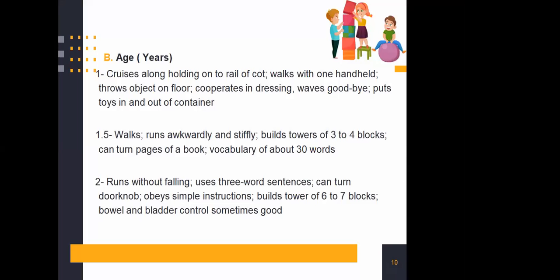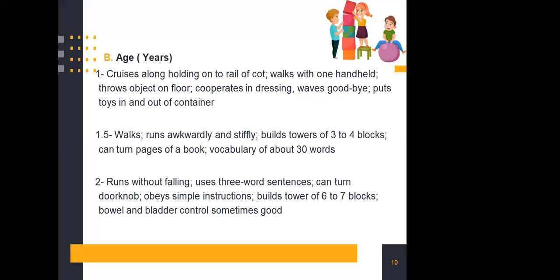Now, moving on to age in years, during the first year, the child can cruise along holding onto the rail of a cot, walks with one hand held, throws objects on the floor, cooperates in dressing, waves goodbye, puts toys in and out of container, and in 1.5 years of age, the child can now run, walks awkwardly and stiffly, builds towers of 3 to 4 blocks, and can turn pages of a book and has a vocabulary of about